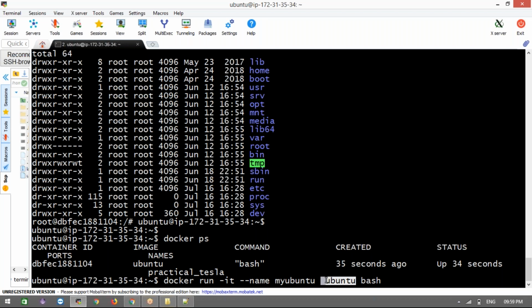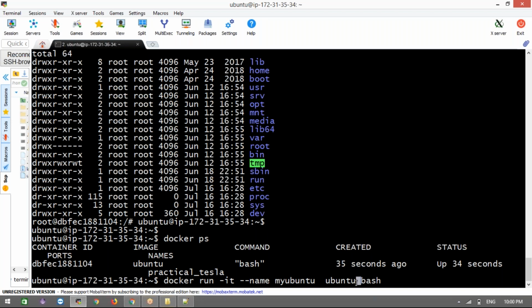Now Ubuntu is my image, whatever we download, right? For example, if this Ubuntu image is not there in your local system, what will it do? It will download first, and then it will run as a container. If you're not giving any specification here, like a colon tag, it will search whether the latest image is there in your local system or not. It is there, so it will run. If it is not there, it will download first and then run. Latest is the default one.